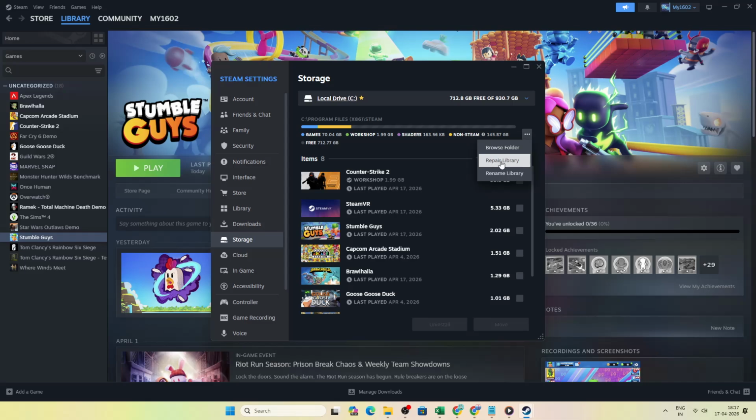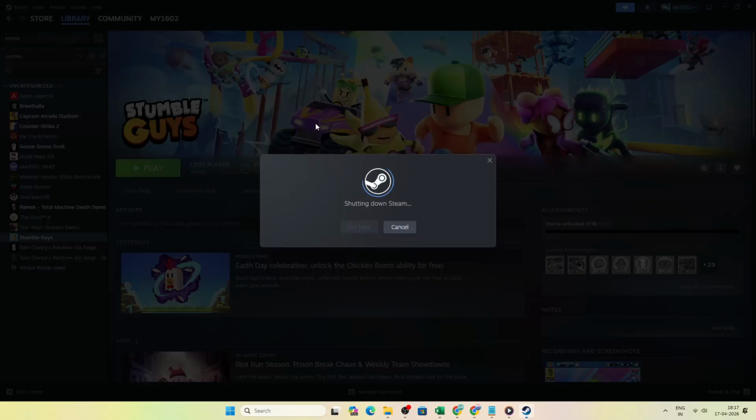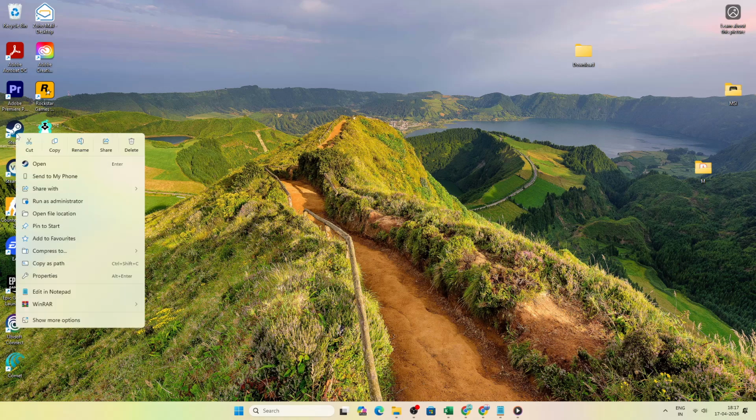Now run Steam as an administrator. Fully exit Steam, including from the system tray. Then right-click the Steam icon and choose Run as Administrator. Elevated permissions help when Windows blocks Steam from updating files, especially if your games are on a protected folder or